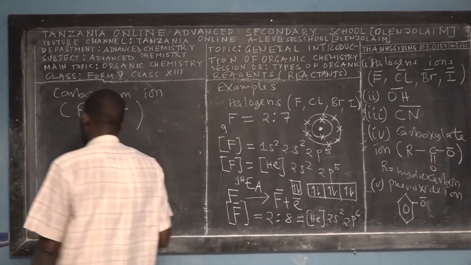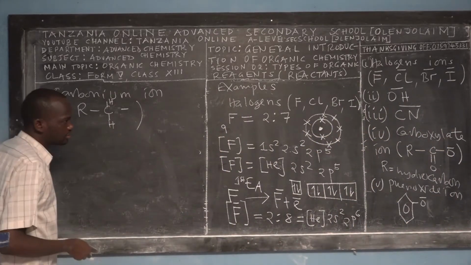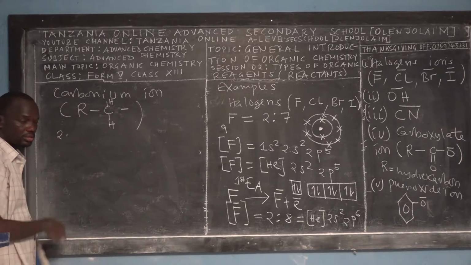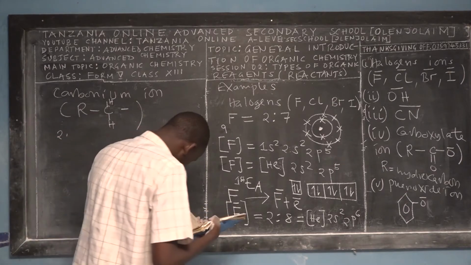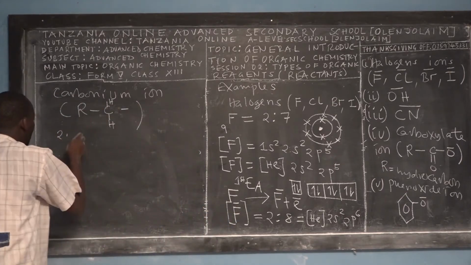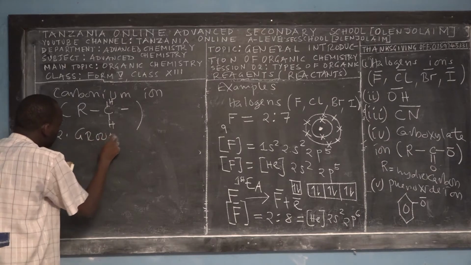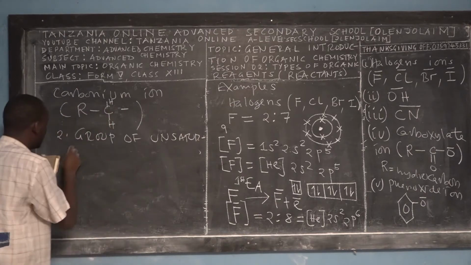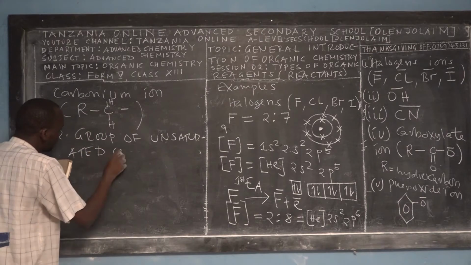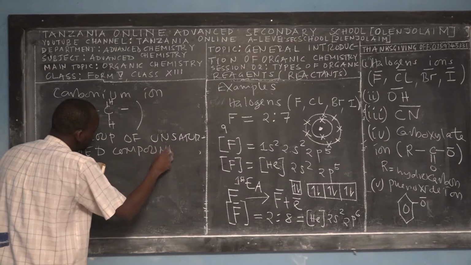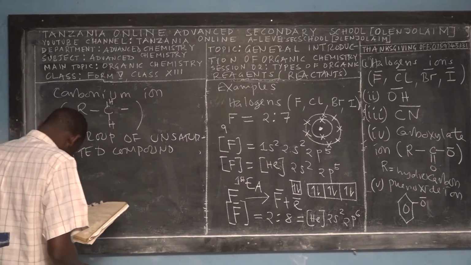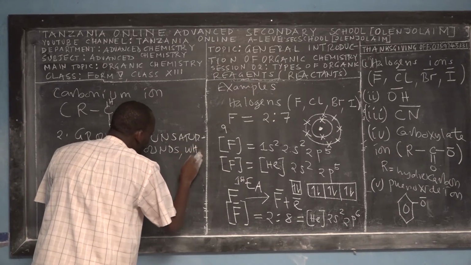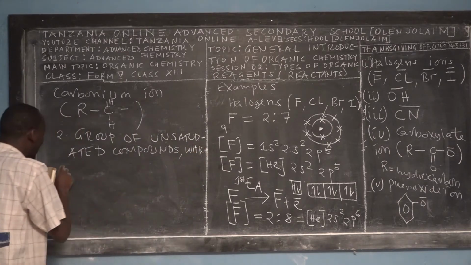That's the first group of ions. Did they use Romans or numbers? So this is number 2. Okay. So you say that the second type is a group of unsaturated compounds, a group of unsaturated compounds which have localized, this is a new story for you, which have